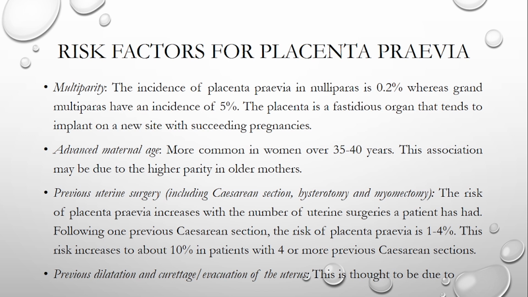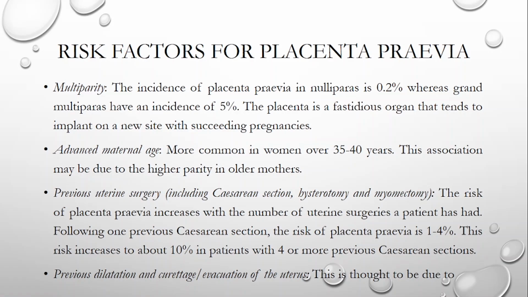Previous uterine surgery, including cesarean section, hysterectomy, and myomectomy. The risk of placenta previa increases with the number of uterine surgeries a patient has had. Following one previous cesarean section, the risk of placenta previa is 1 to 4%, and this increases to about 10% in patients with 4 or more cesarean sections. Previous dilatation and curettage, evacuation of the uterus,